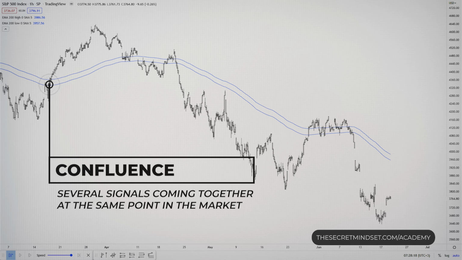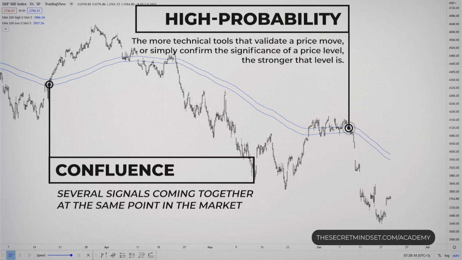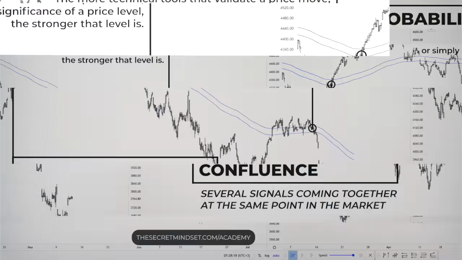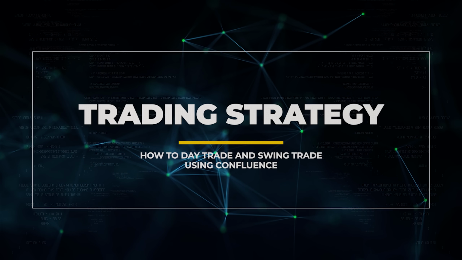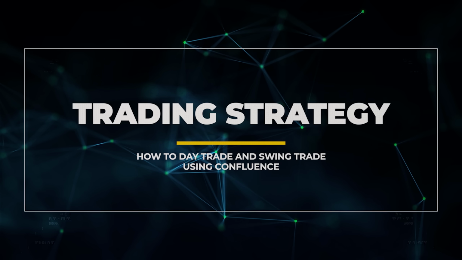Confluence. Confluence is when there is more than one signal coming together at the same point in the market. The more technical tools that validate a price move or simply confirm the significance of a price level, the stronger that level is. Today I'm sharing a very simple strategy to day trade and swing trade using critical price levels